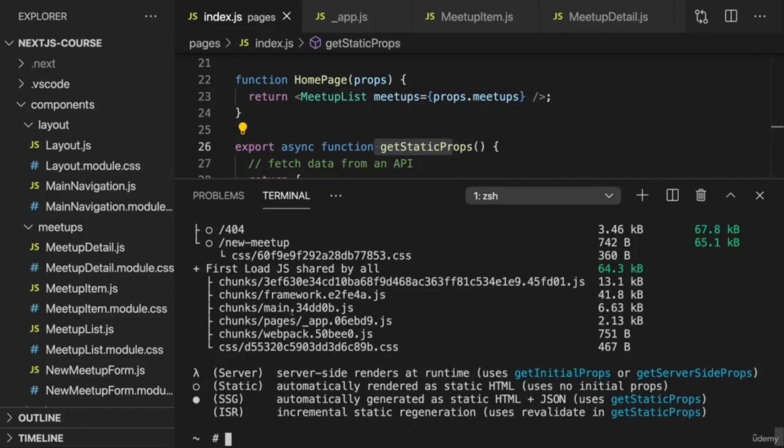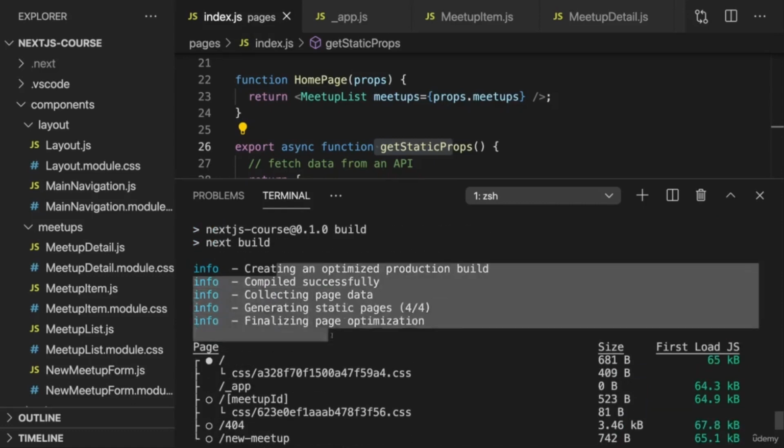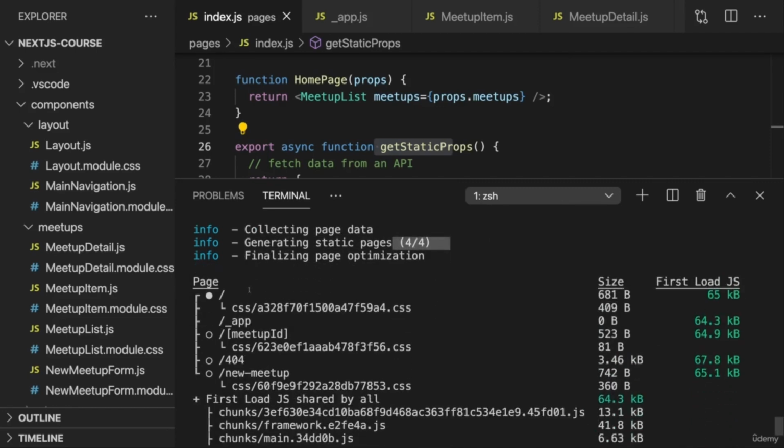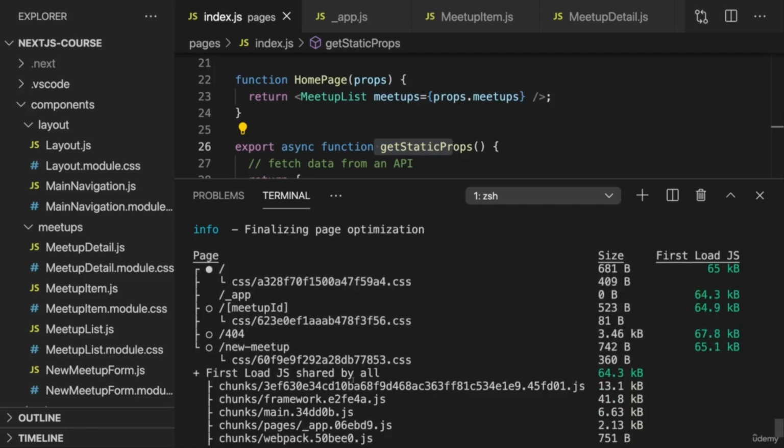output here. And in this output, we see what it did, and that it generated some static pages, for example, 4 pages to be precise, and we see which pages it generated. We see that it generated the root page for slash nothing, the dynamic page for /meetup ID, a 404 page, which it actually generates for us automatically by default in case we enter an invalid URL,